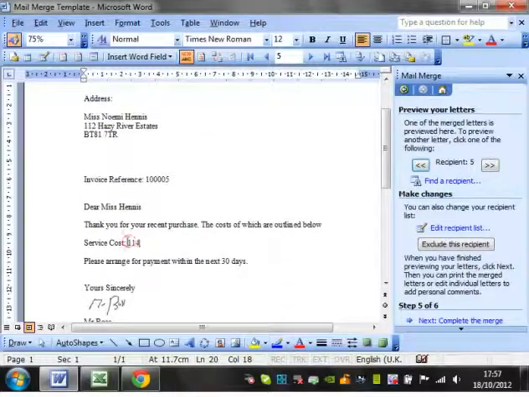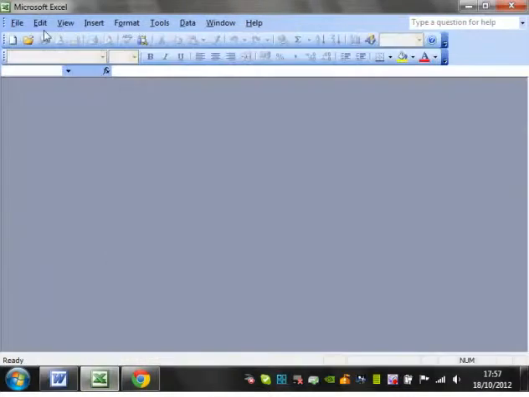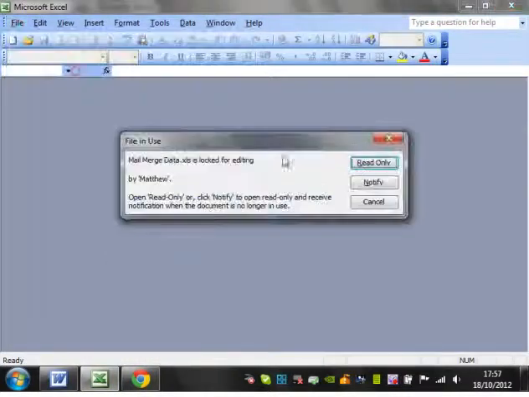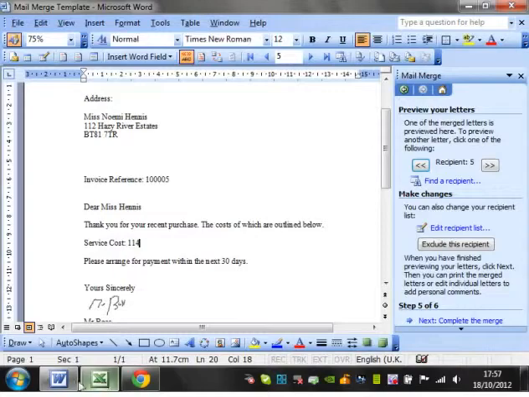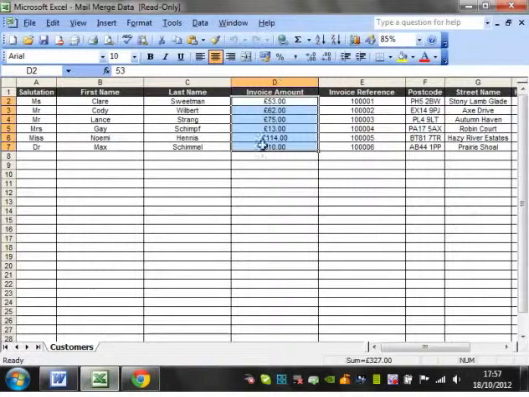But what you will notice is that the service cost is coming through as just a normal number. If we open up our mail merge data, then you'll see that in here it's formatted to be a currency, but when it pulls through to the Word document, it's only actually going to bring through the value of the cell and not how this cell is formatted. So the actual value of that cell is 75 and not